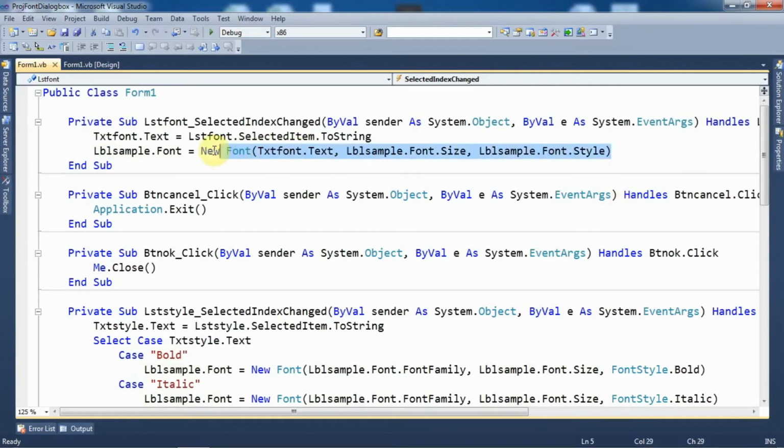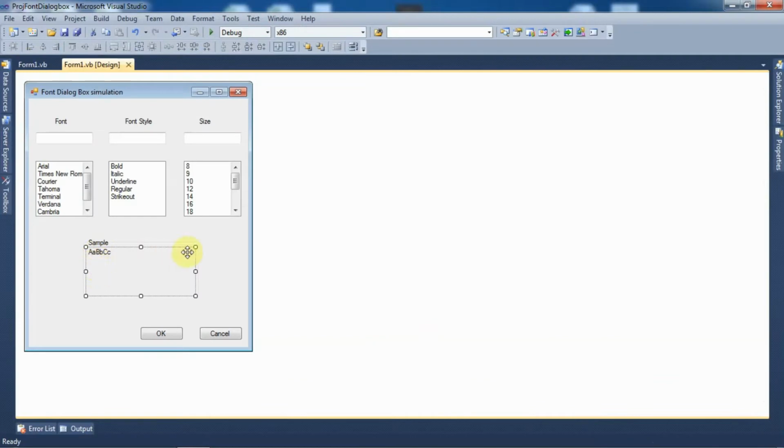With the help of this statement it will create an object of the Font class and assign that object to the font property of the lblSample label. By doing so, the font family of the text specified within the label control will be changed.